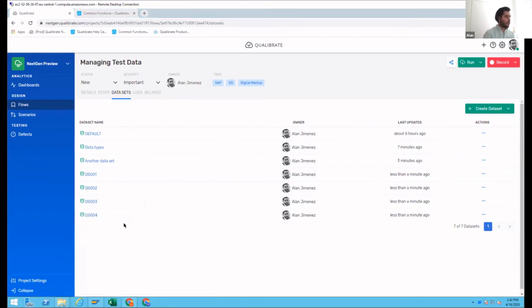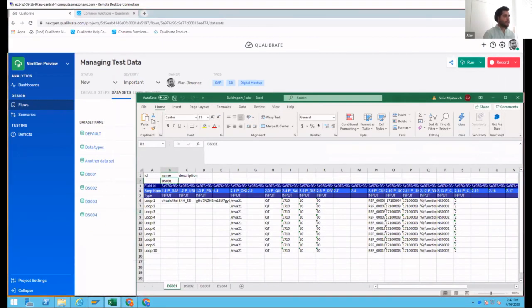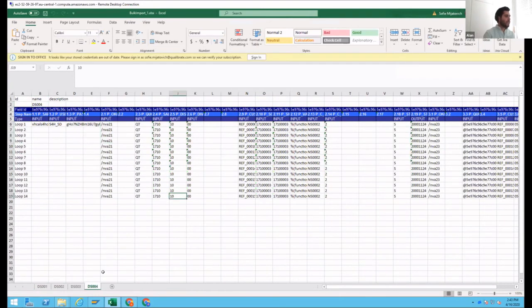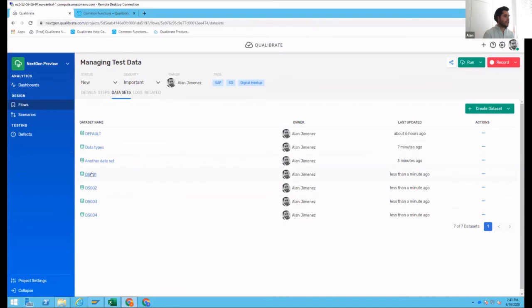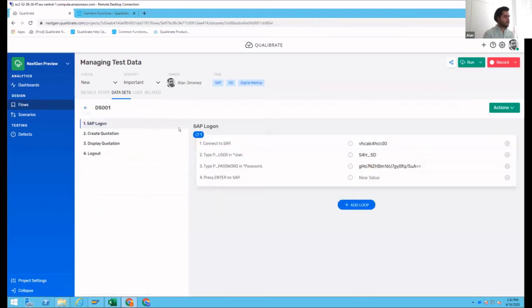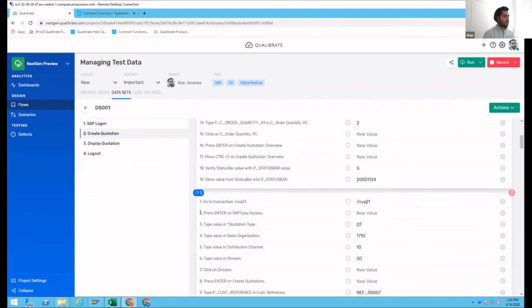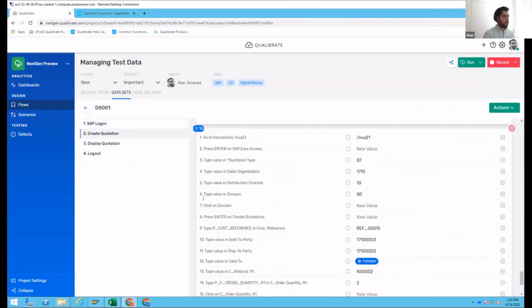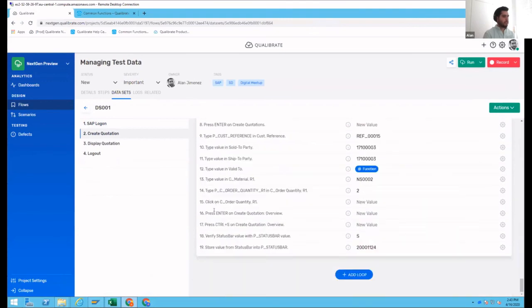So if I open the bulk import again, you can see that for dataset 1, I only added 10 loops for the second task. But if I go to dataset 4, it's a total of 14. So let's explore how that was uploaded. Dataset 1, I open it and go to my second task, and you can see that I have 1, 2, and a total of 10 loops here, which was the import.